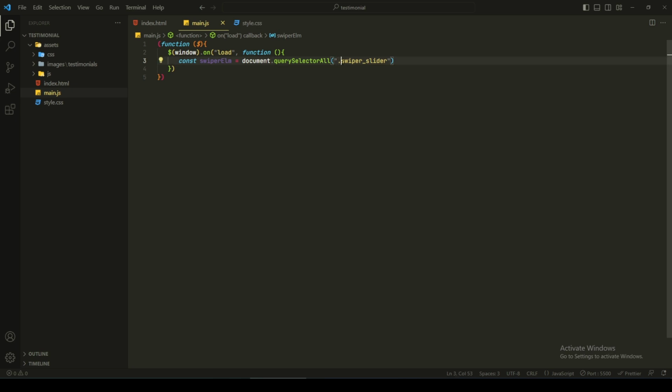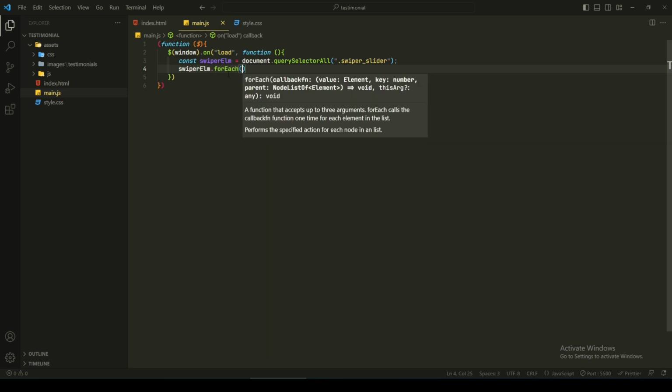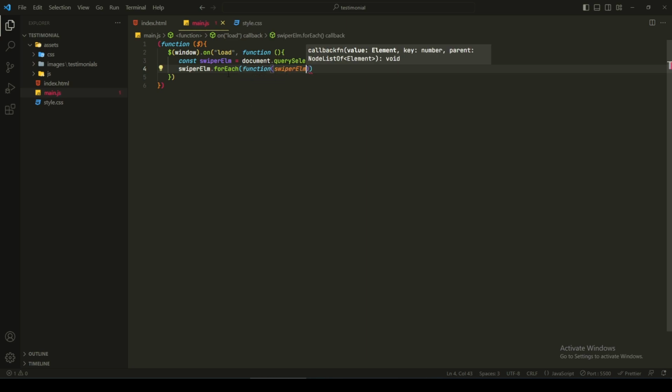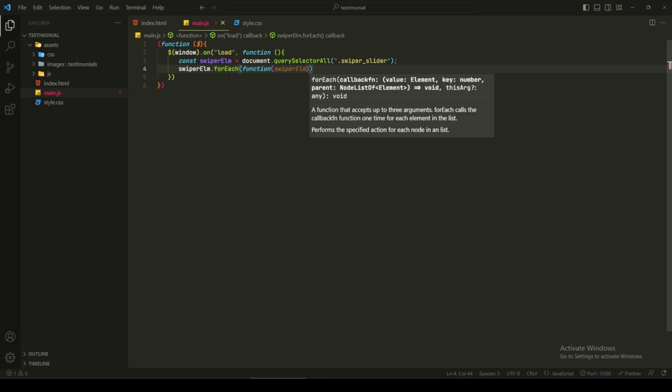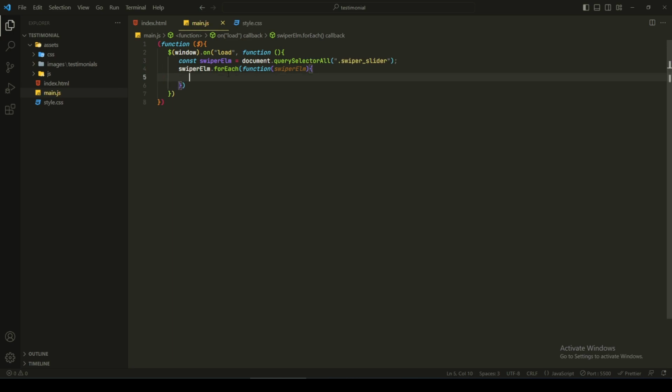Make sure you put here the class symbol, which is dot, and then right here semicolon, and then copy here swiper elm, paste dot for each, again another in function, first quote, paste the swiper elm, and then double quote right here another variable const